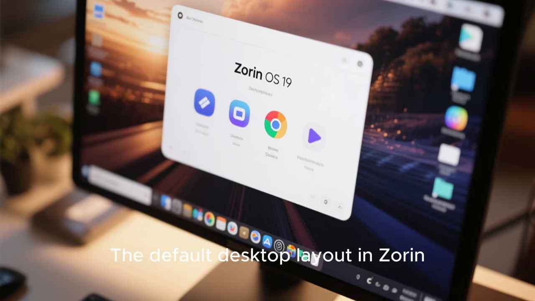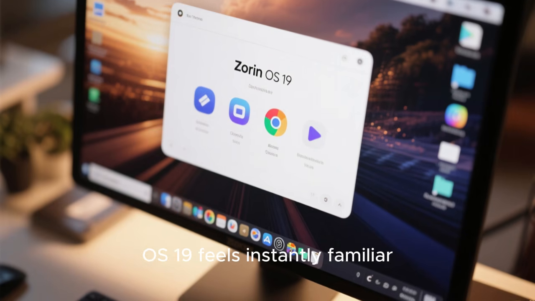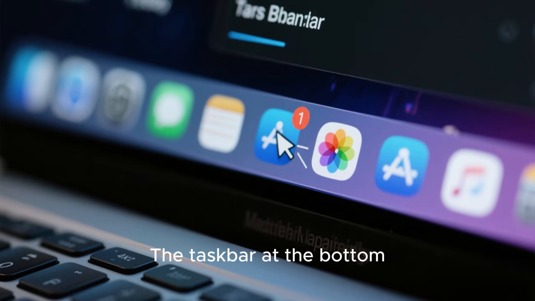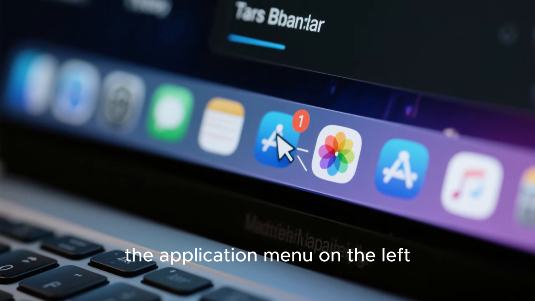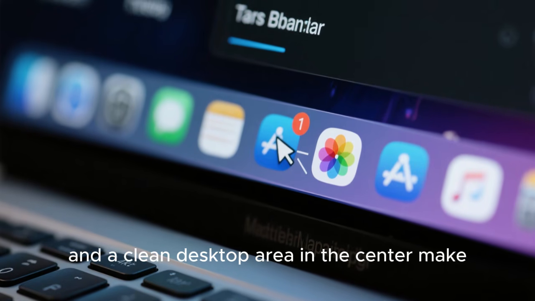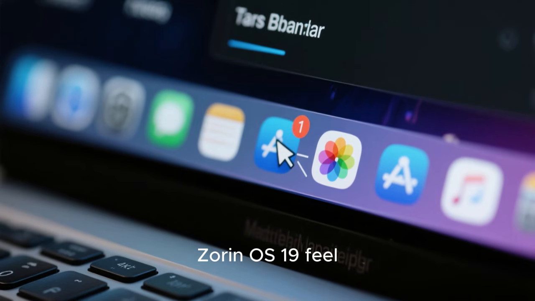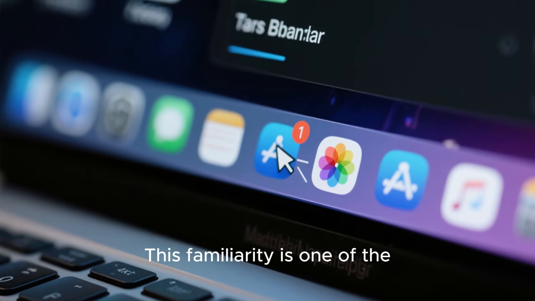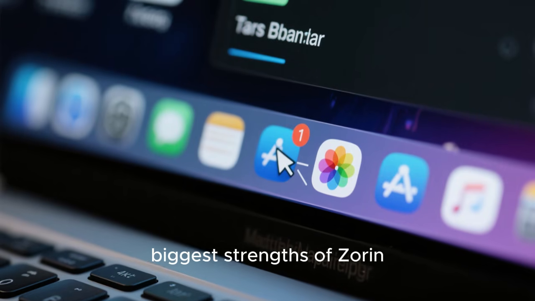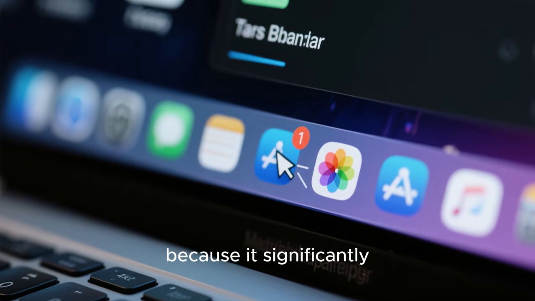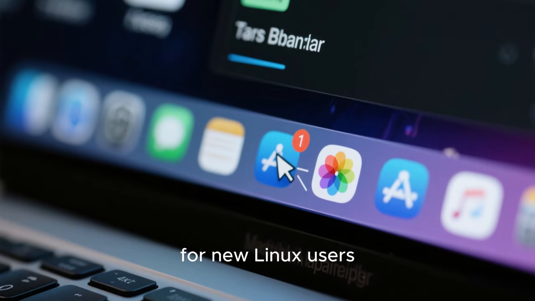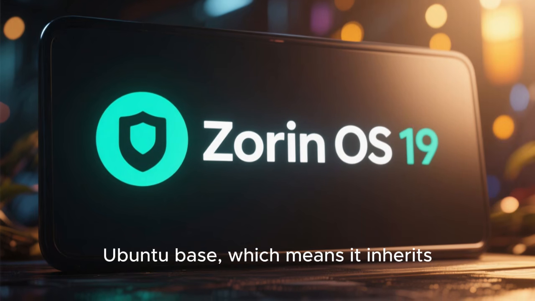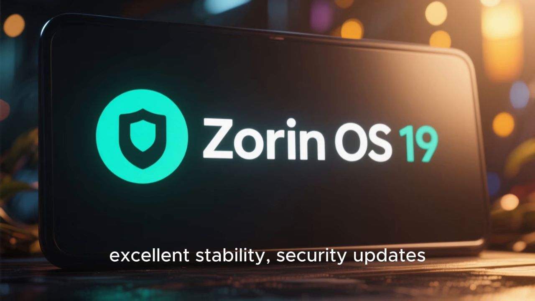The default desktop layout in Zorin OS 19 feels instantly familiar, especially for users coming from Microsoft Windows. The taskbar at the bottom, the application menu on the left, system tray icons on the right, and a clean desktop area in the center make Zorin OS 19 feel comfortable and intuitive from the very first minute. This familiarity is one of the biggest strengths of Zorin OS 19, because it significantly reduces the learning curve for new Linux users. Zorin OS 19 is built on a long-term support Ubuntu base, which means it inherits excellent stability,